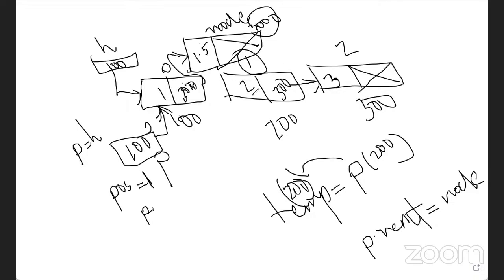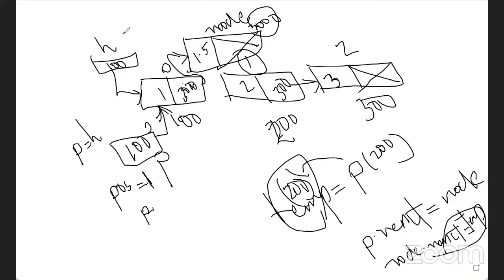Now you want this. So this is what? Node. You know that node, so node dot next. Node dot next is null, none now. What do you want to store in node dot next? You want to store this 200 address. Where is the 200? You have taken it into temp, right? So node dot next is equal to temp. That means node dot next is equal to 200. Node dot next was none, and you will store 200 there. If you store 200 there, it will point to here. So you have successfully inserted a node